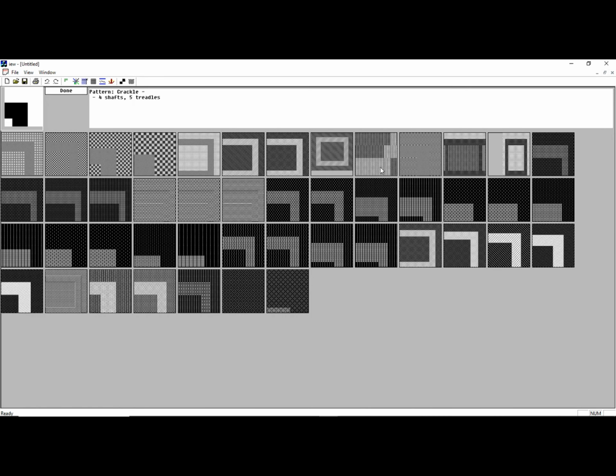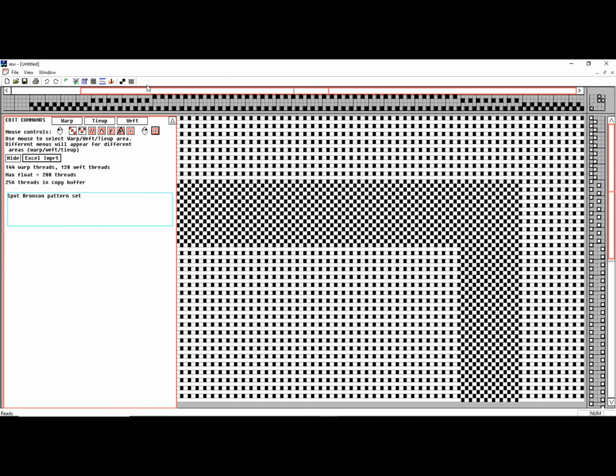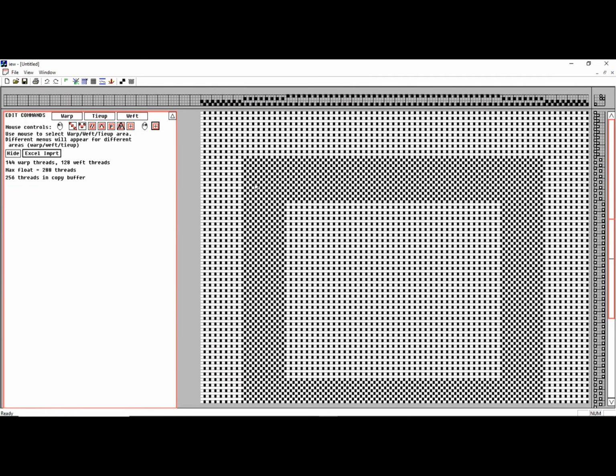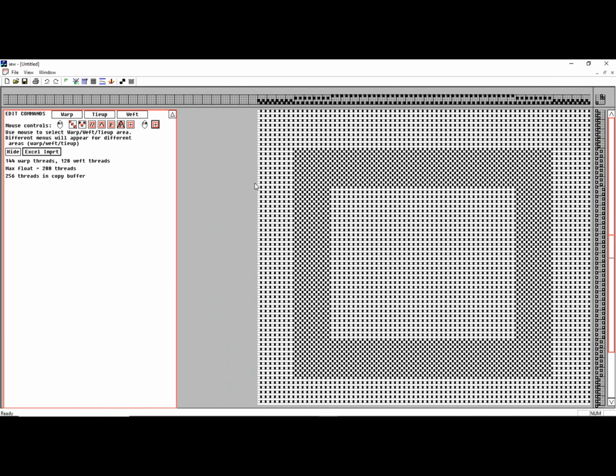If I ask for the threading, I can select any profile I want. And this top corner shows me the reference pattern. So if I look at the mouse over in the top right-hand corner as I move, it would tell me how many shafts it requires, what the pattern name is, shaft, treadles, and so forth. So for example, if I ask that, it will actually do that block substitution and drop the result back onto